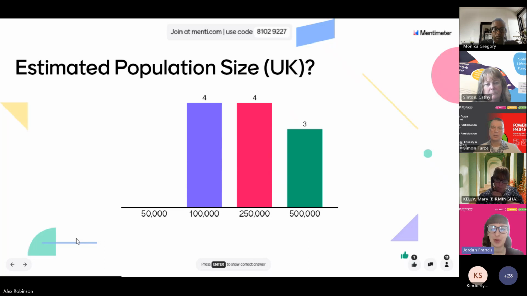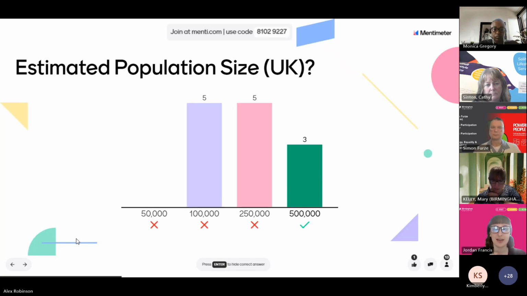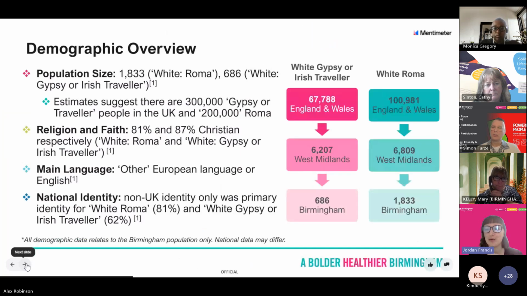Just one more second. So we've got quite a mixture of different kinds of votes here, the majority going towards those that say 100,000 or 250,000. If we go to what the correct answer is, it's 500,000 is the estimated population size. So when we go into what the census estimates are, it actually says there's only around about 170,000 people that